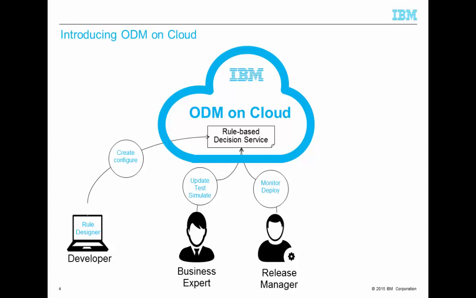ODM on Cloud comes with three different environments: development, test, and production, as we will see. The release manager is in charge of pushing the various versions of the decisions, depending on the updates and depending on the lifecycle they are into one of these different environments. We will see the three dev, test, and production environments in the demonstration. Finally,